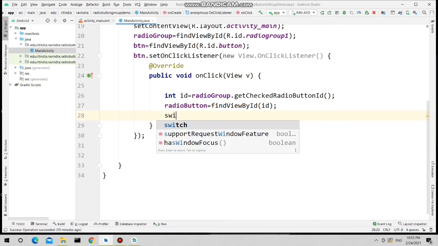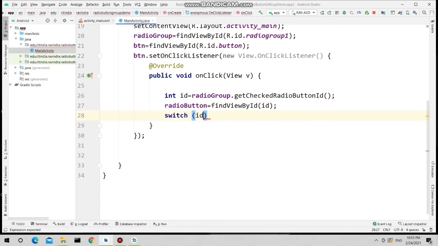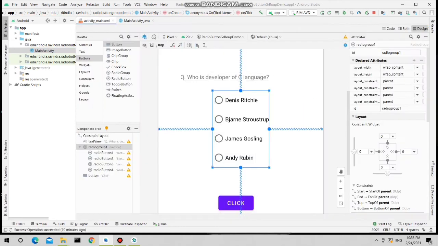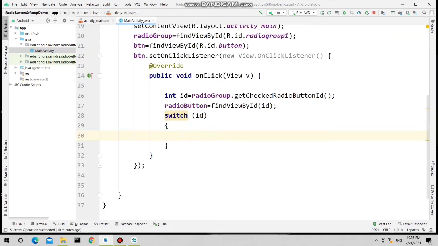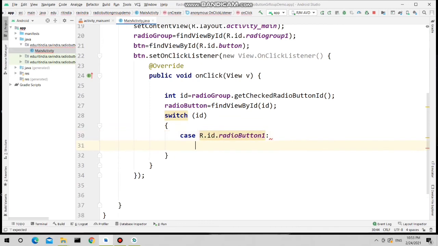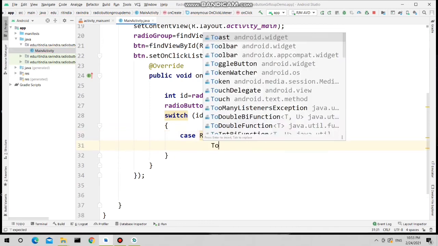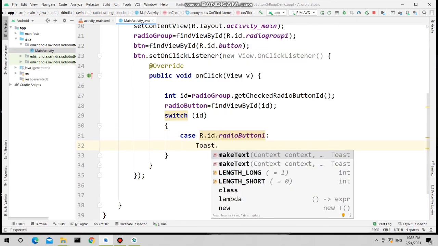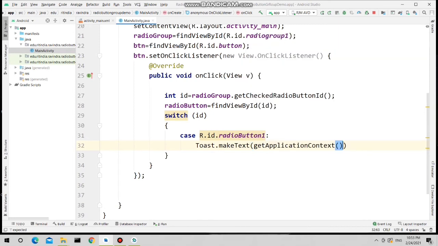Now you can compare that ID with the IDs of all 4 radio buttons. So now you have 4 radio buttons. So if the ID is matched with radio button 1 ID, then retrieve the text of the radio button.